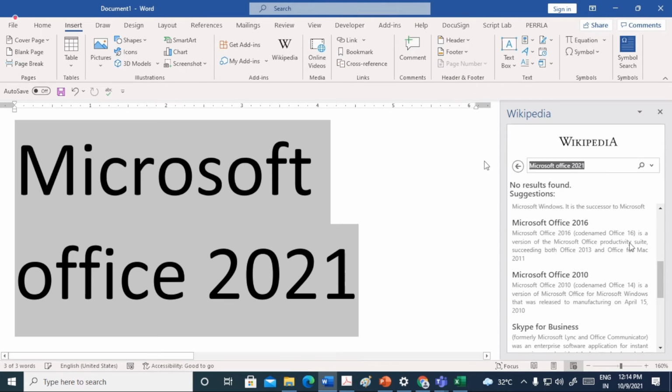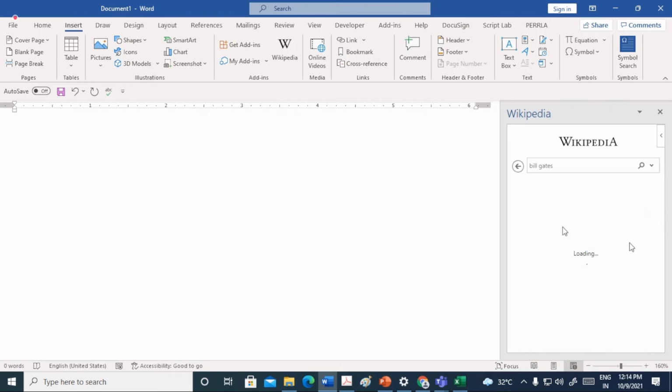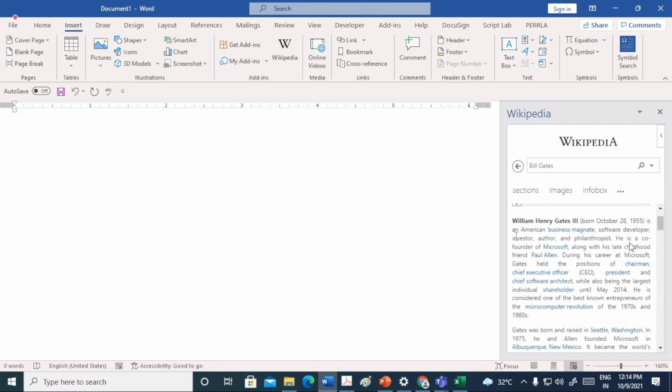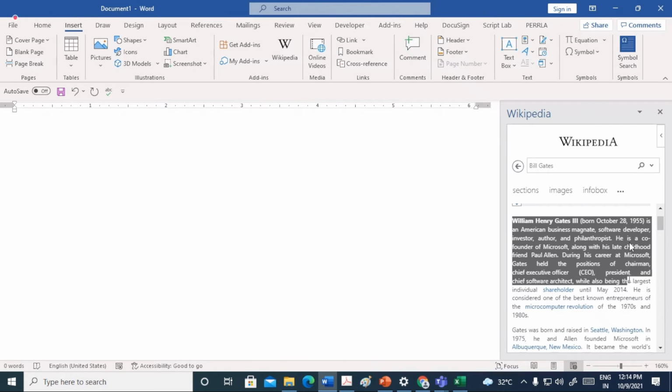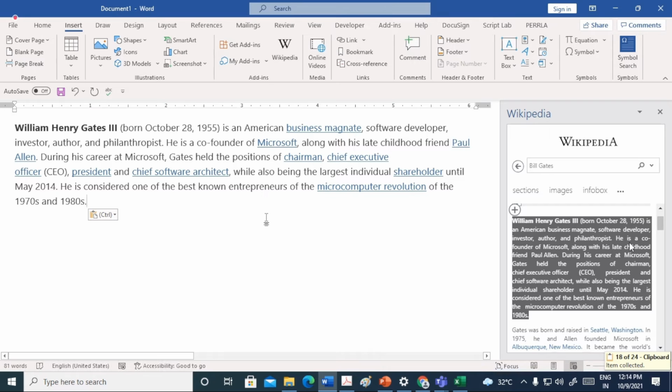No need to open an additional internet search engine, go to Google and search. It is directly inbuilt in the document itself. Bill Gates, if you see, it is available. Copy here and put it over here. Done, with all the references and hyperlinks also available.